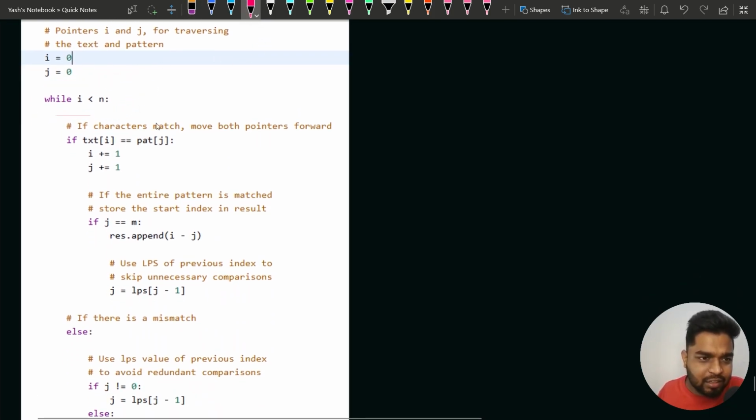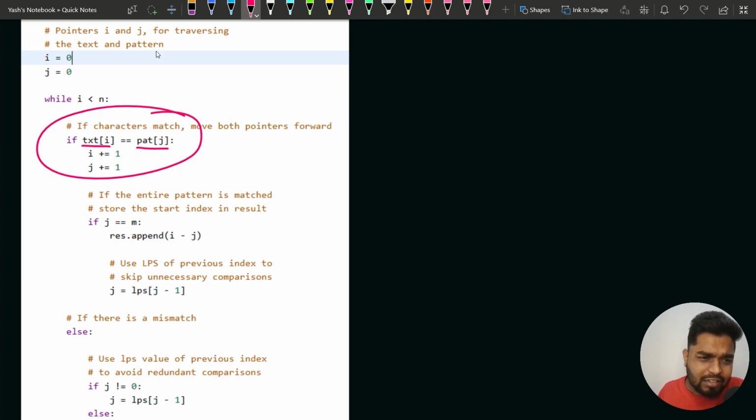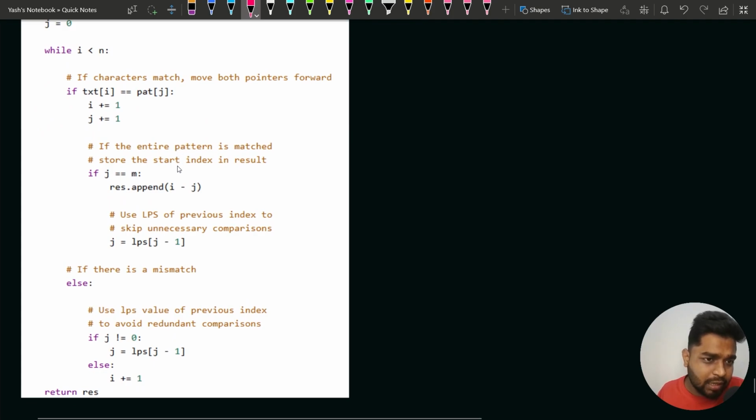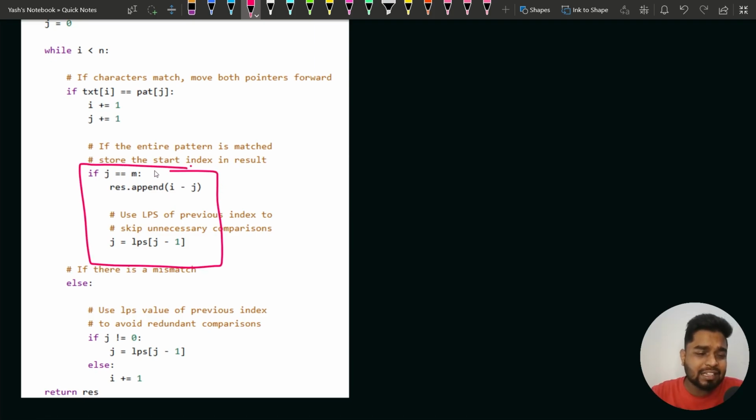If the ith character of the text string and the jth character of the pattern string match, we'll increase both the indexes by 1 each. That is what we have discussed already. If they match, well and good, we'll increase both i and j. And after increasing i and j, suppose my j reaches the end of the pattern string. In such a case, we'll store i minus j in the result,